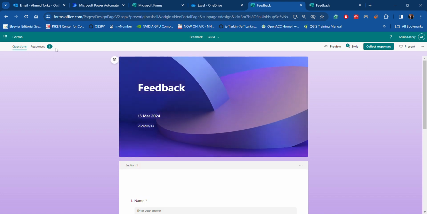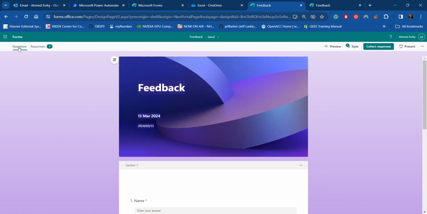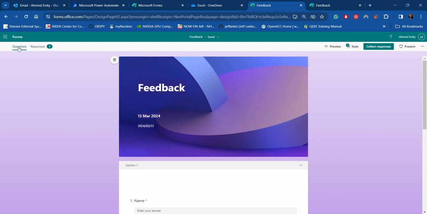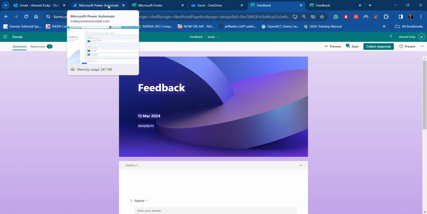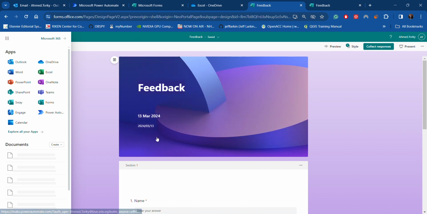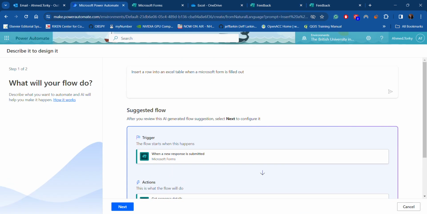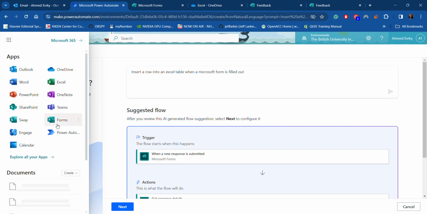Now, every time someone responds to this form, I want to send them an email. All right, or grant them permission or do a few extra steps that can be automated internally in Microsoft 365. So we go to Microsoft Power Automate, which you'll find over here. Once the form is ready, you go all the way to here, Power Automate,